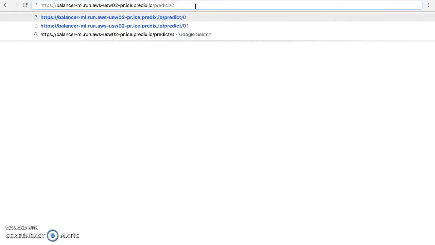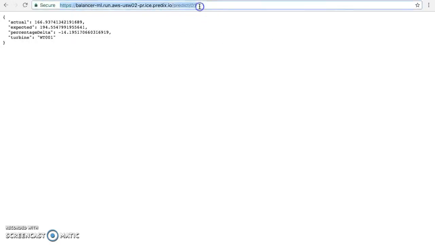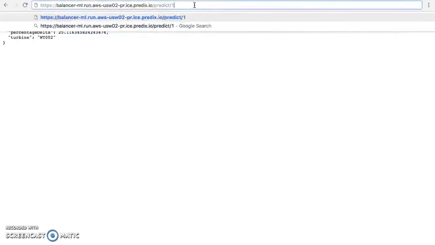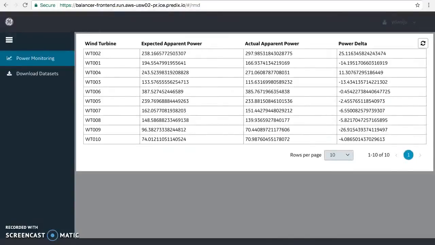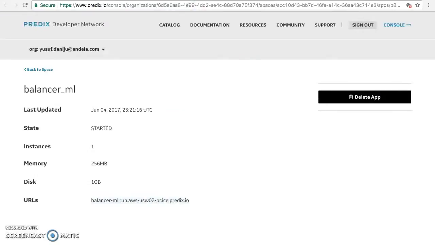So this is for prediction for a turbine. That's turbine 1. This is for turbine 2. If you enter a turbine that does not exist, say turbine 11, it tells you that the turbine does not exist. And also on the other side, there is